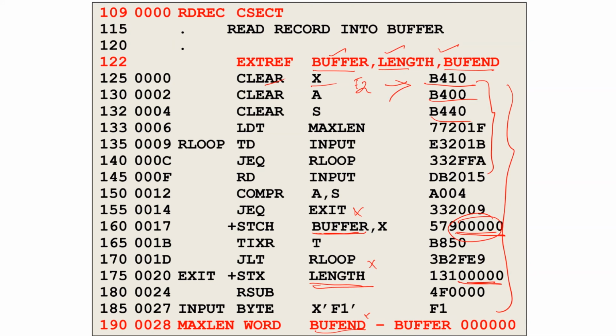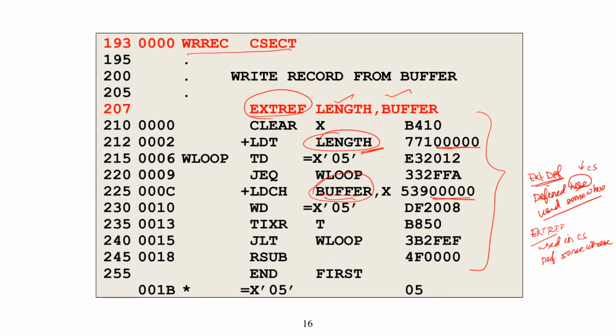If I want to write a refer record here, I write R, buffer, then length, then buffer end. Clear? And for another refer record, R, length, buffer. This is the thing. Clear?